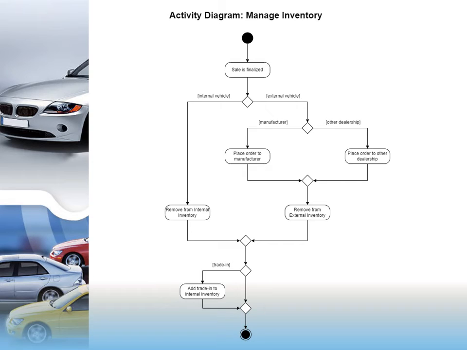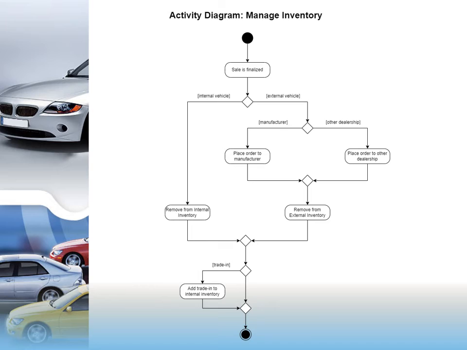Then there is a decision node to distinguish between an internal vehicle sale and an external vehicle sale. In the simplest case, you follow the left branch, where it is an internal vehicle. That vehicle is then removed from the inventory. In the more complex case, it is an external vehicle that is sold, and you follow the right side branch,